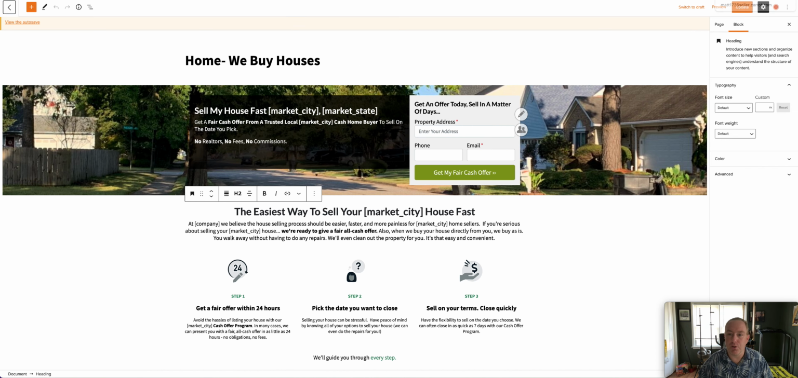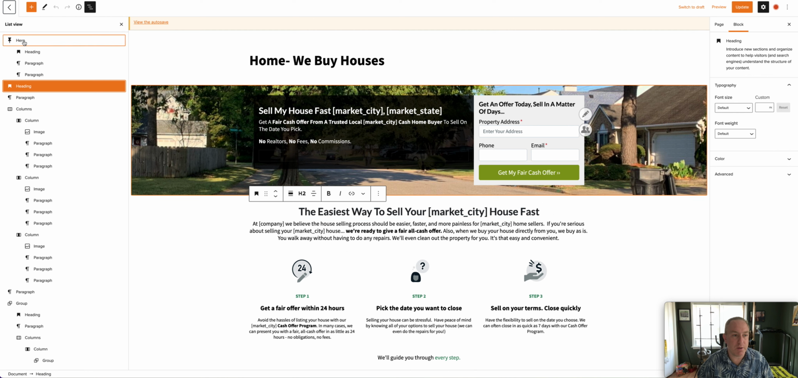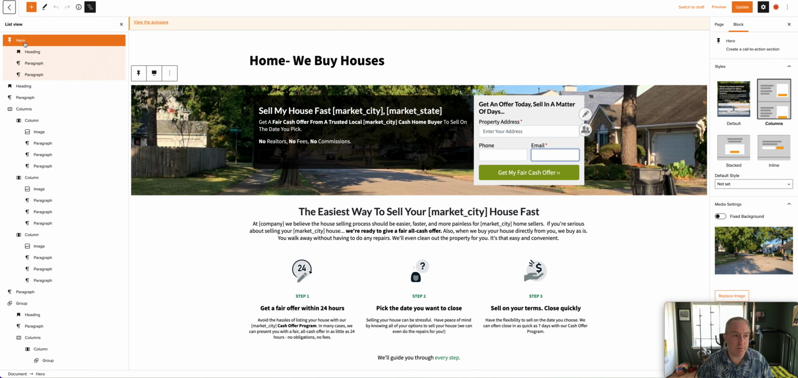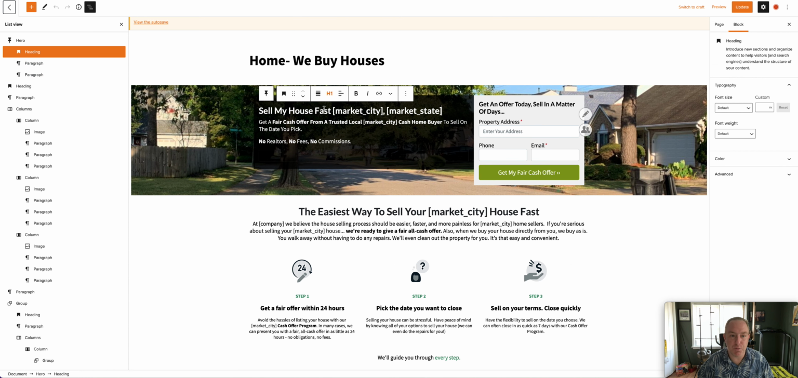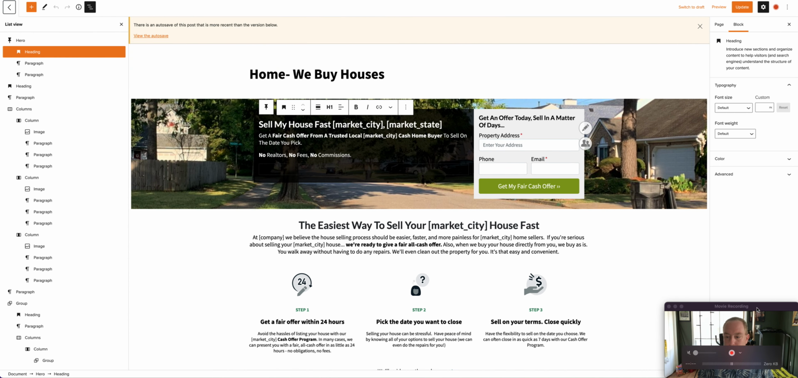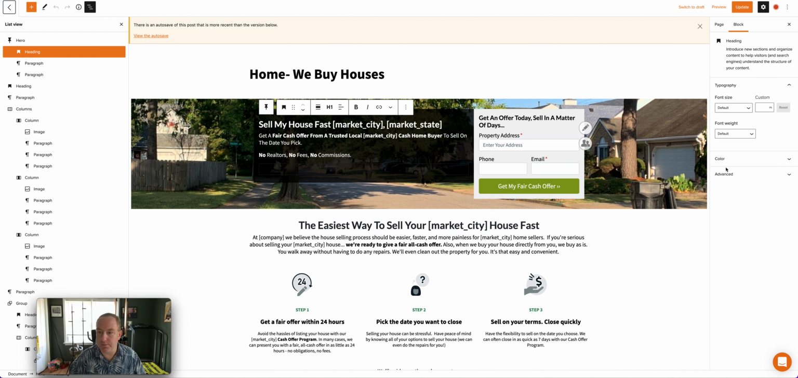All right. So go to your Carrot page on the inside here. This is the home page for that Matt Buys Virginia Beach page. And over here on the top left, you've got these three striped lines to get the list view. All right, we can go over here and highlight, there's your hero, right? And boom, heading. Let's take a look. So this will tell me that my H1 heading is sell my house fast, market city, market state. It's pulling from those, let's see, it's pulling from